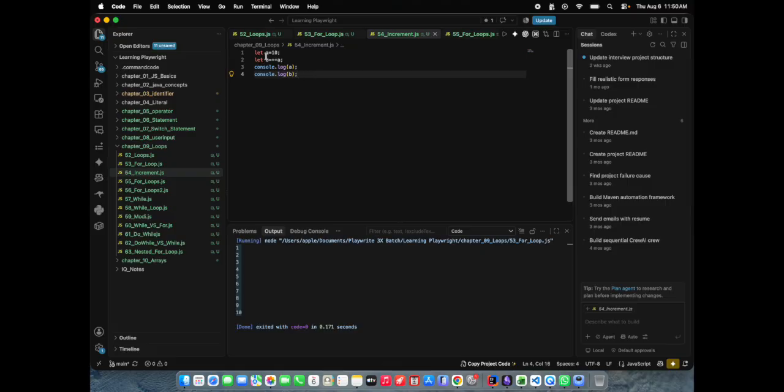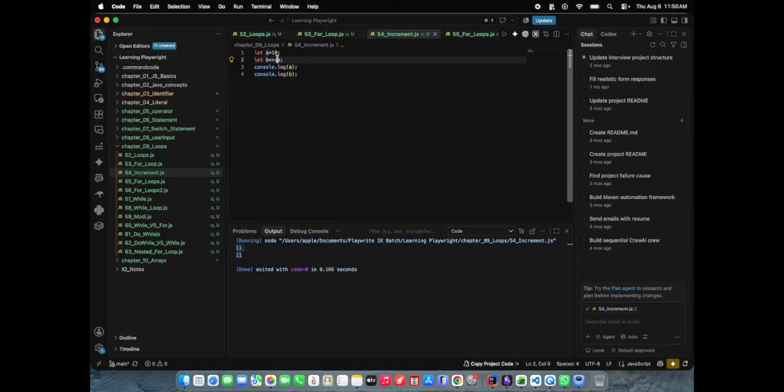Okay, a is equal to 10 now, and b = ++a means what will it do? Basically it will first increment and then assign it to b. So this is the meaning of this ++a. So what will be the value of b now? b value will be 11. And what about a? a value will also be 11. Let us see. So a value is 11 and b value is also 11